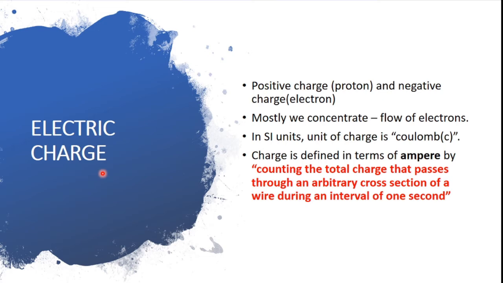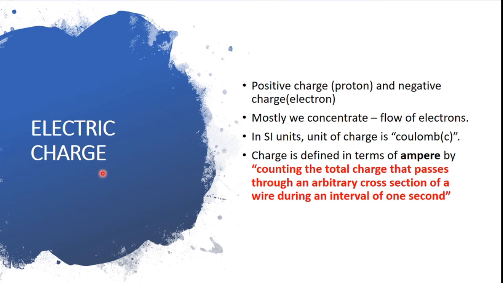I won't say only in circuits, it is the smallest element present anywhere throughout us, around us, in this universe, everywhere. But since charge is an extremely small quantity, we never talk about charge as a single element. Always charges are combined together. That is what we call voltage. And when the same combination of charges move, that is what we call current. So we never see a single charge.